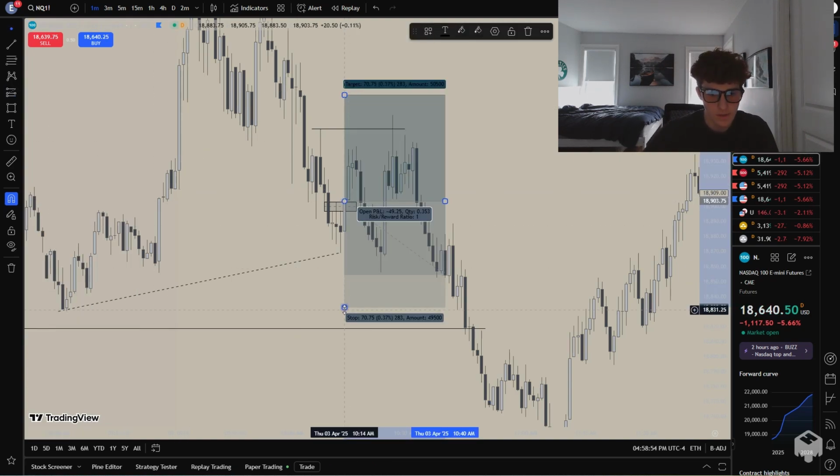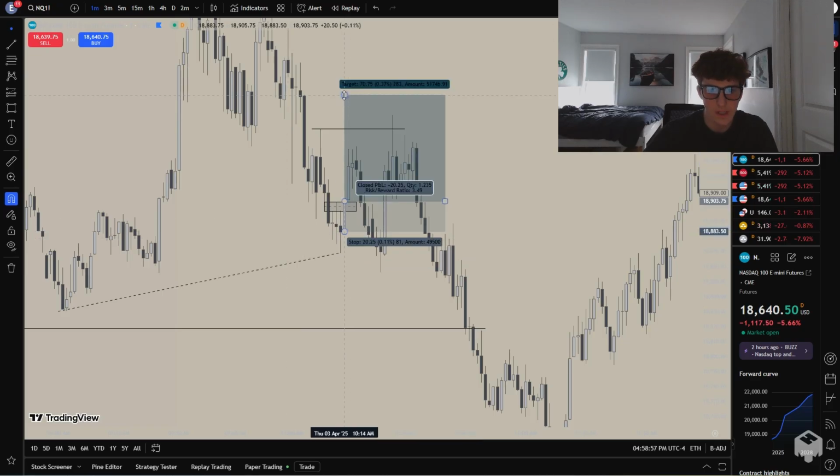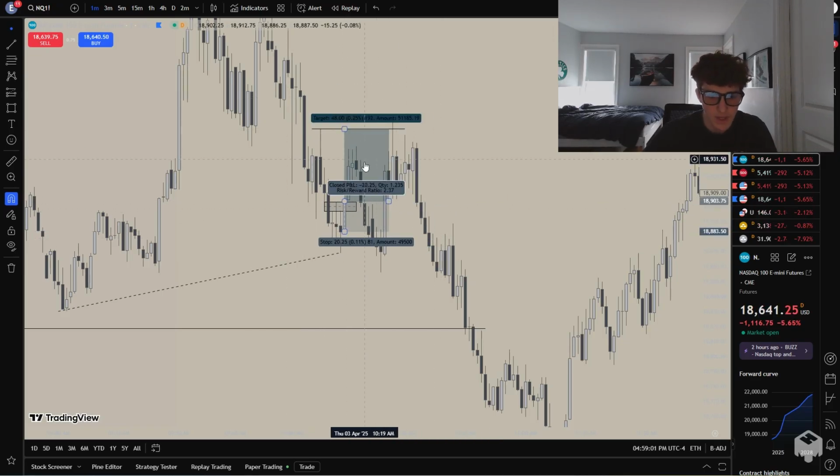But it inversed here. My stop loss would have been here. My take profit would have been right at the unfilled 5 minute. I definitely would have gone break even just because I'm like, how many points is this? I'm 36 points in profit. Yeah, I'm gonna go break even though there's no significant high. This should have been a break even trade, but again, that's just not the reality.